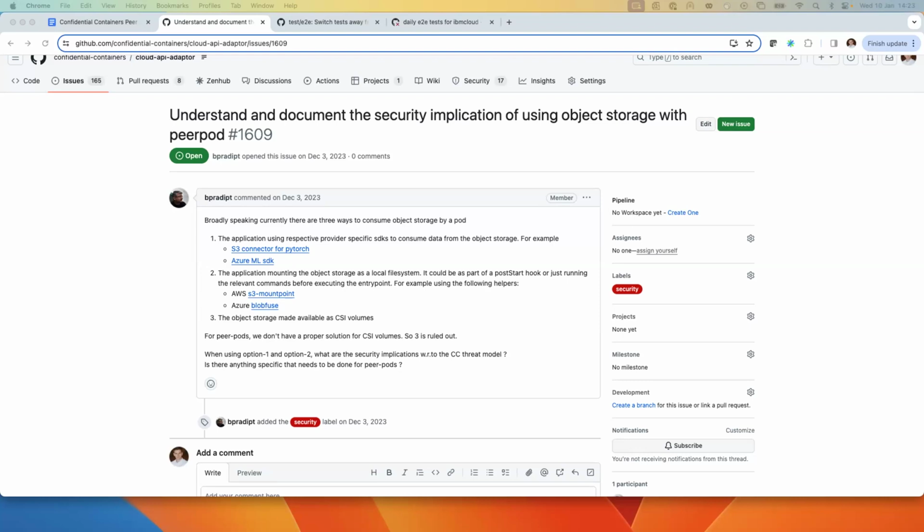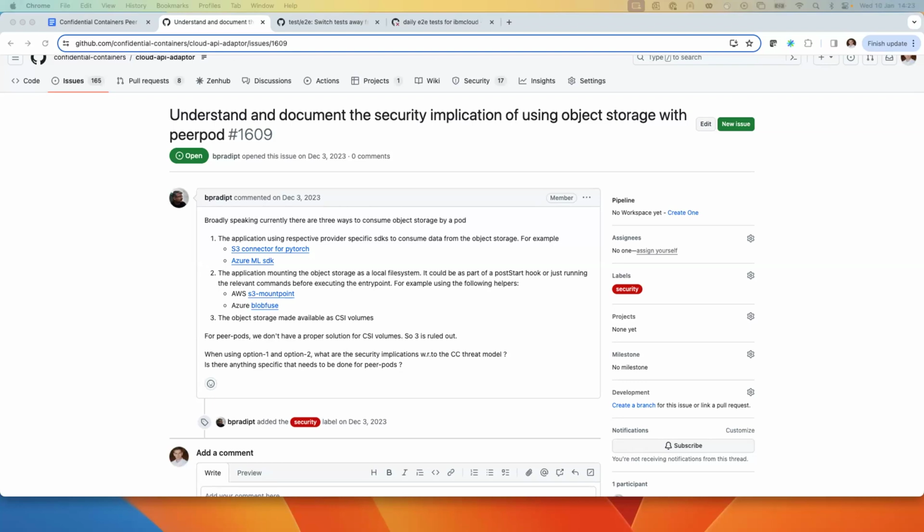This question came up in the context of both AWS and Azure. AWS provides Mountpoint for S3, which mounts a remote S3 storage as a local drive inside the VM or a container. Likewise, blobfuse is also there.